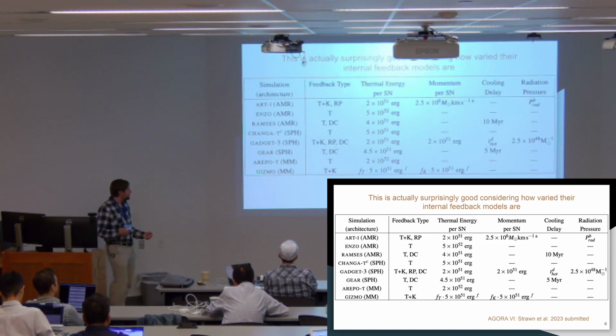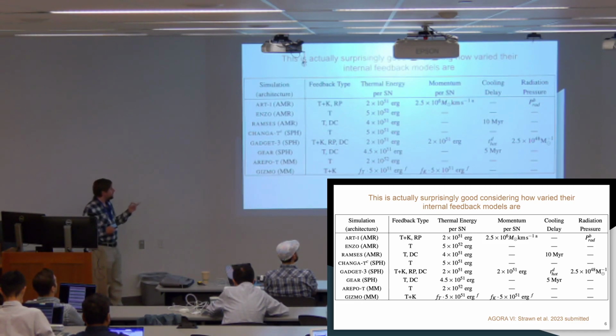And then we have 2 what's called moving mesh codes, which have like a grid, but it's not necessarily a fixed grid like it is in these types. And they have different feedback structures. So basically, here's the setup. The T basically stands for thermal feedback. Everybody has that. Supernovas create a heat bubble right near where the supernova goes off.